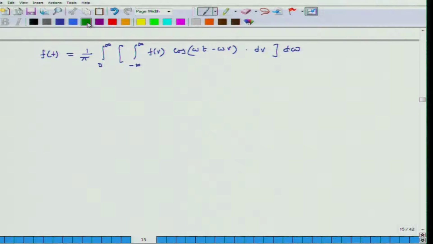So the first thing we note, let's call this whole thing, this whole integral of f(v) cosine omega t minus omega v times dv, when I integrate it, let me call this capital F of omega. So it is not just the integrand, it is the integral of the entire expression. So we make some observations. The first thing is that cosine of omega t minus omega v is an even function